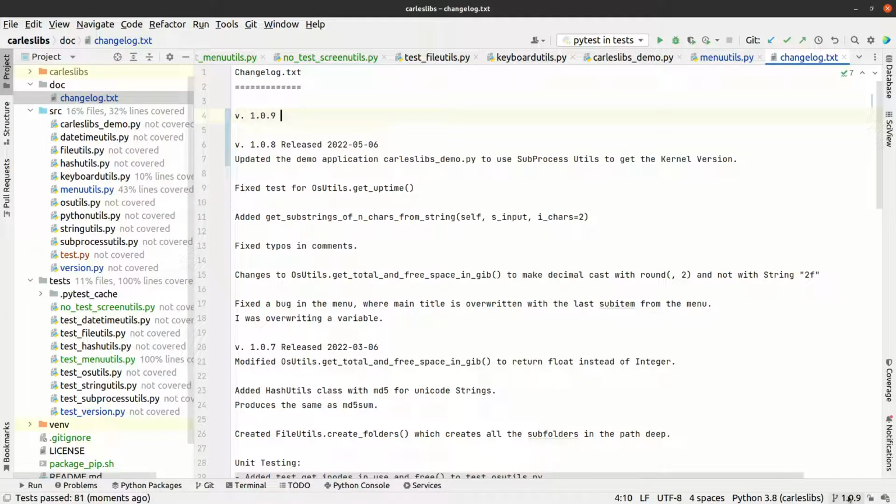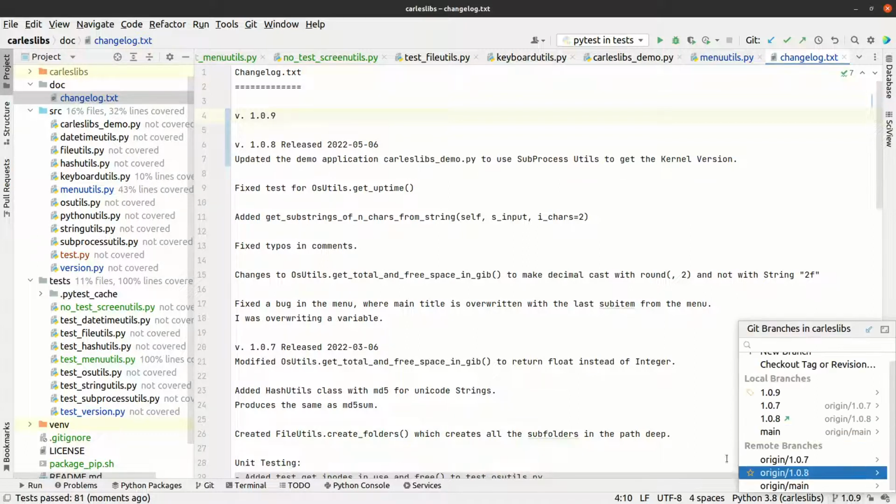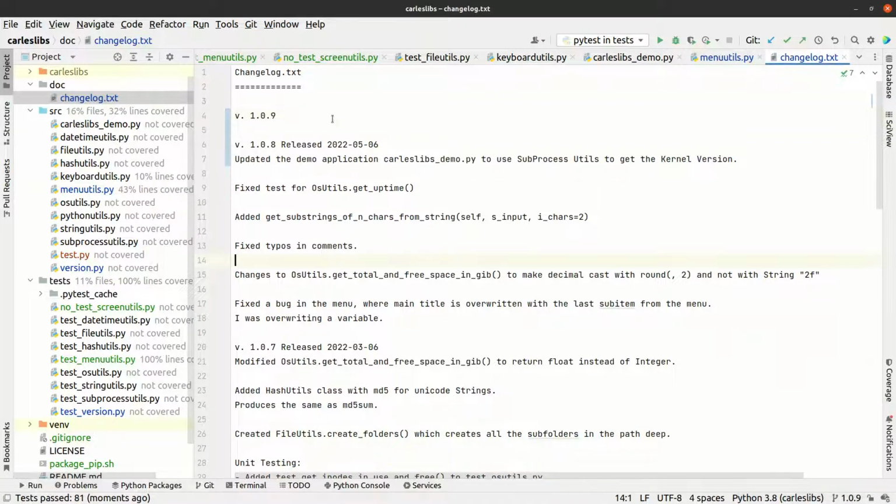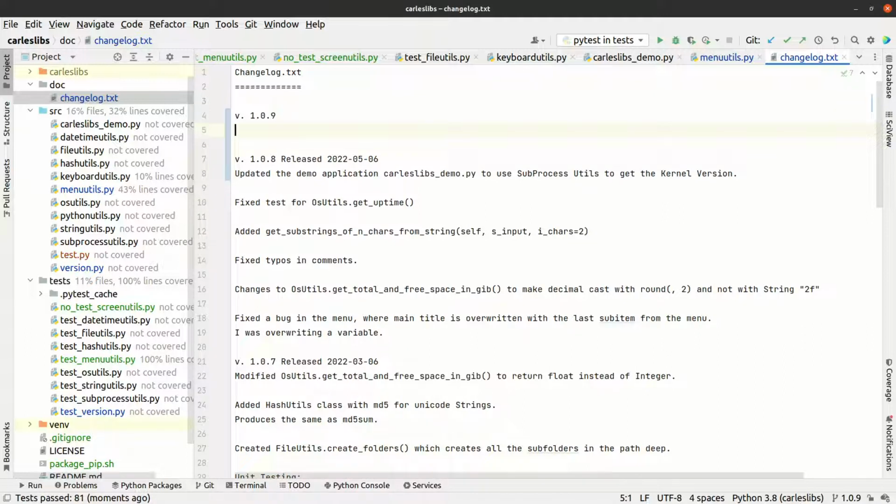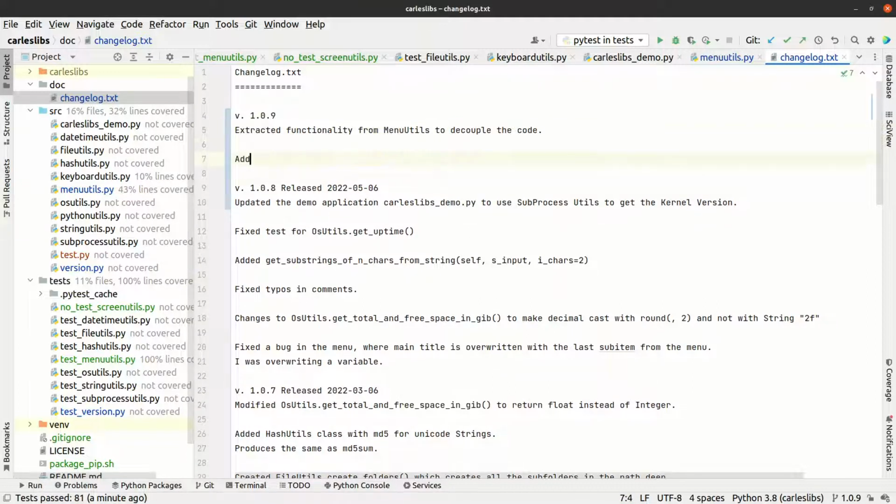As you can see, I'm on this branch. Okay, so to open the code. Code